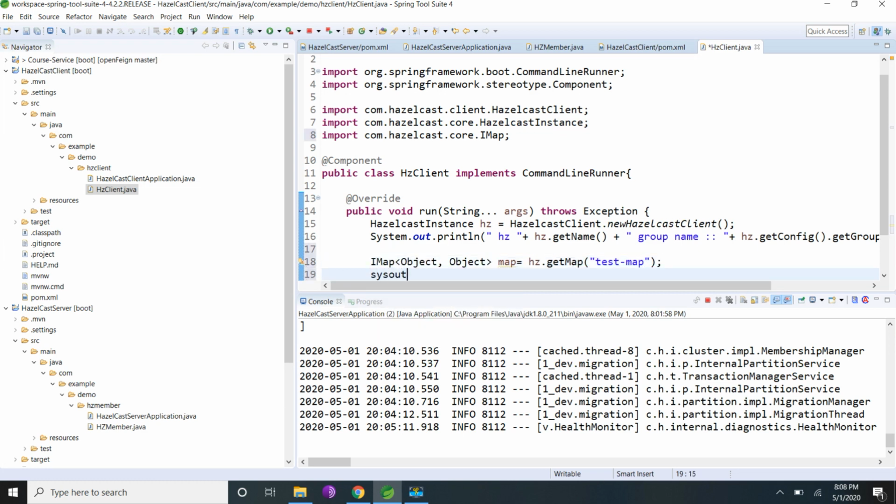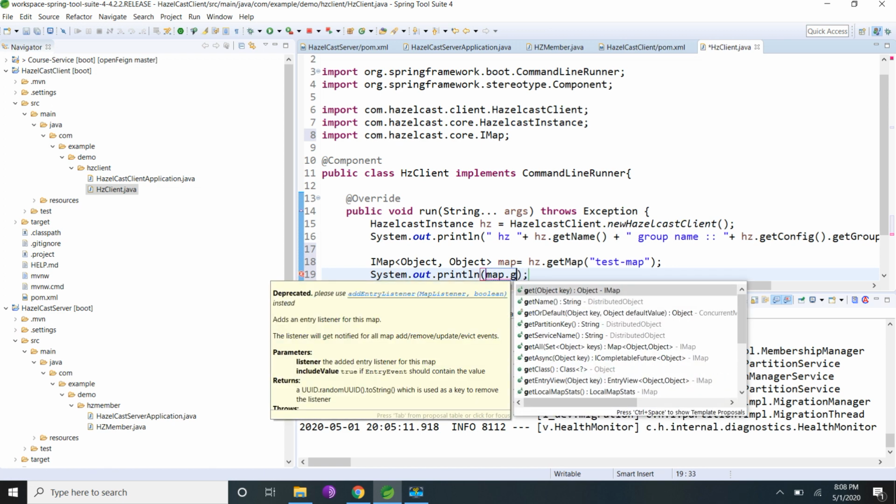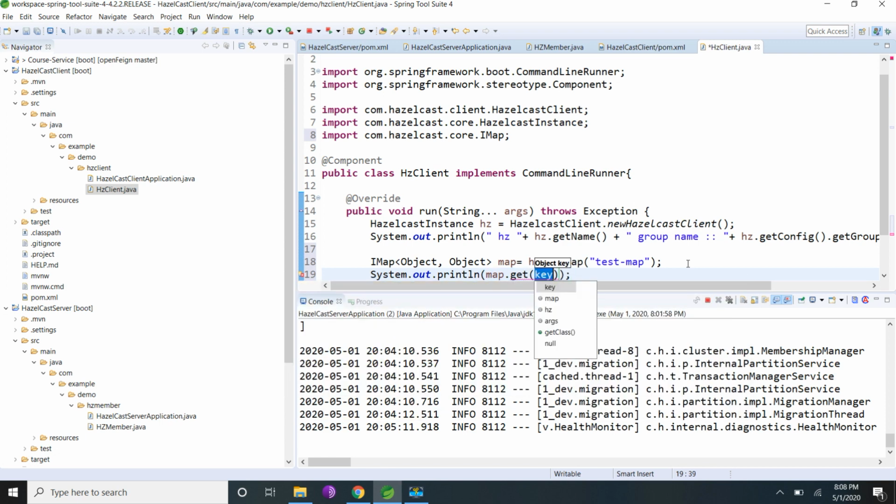So I'll print the map size as well as one of the elements. getName I'll print plus size.